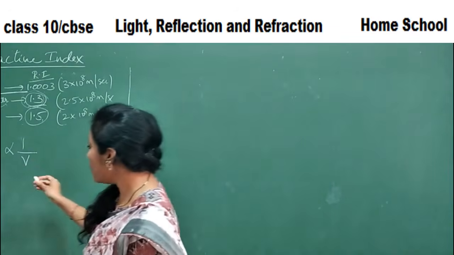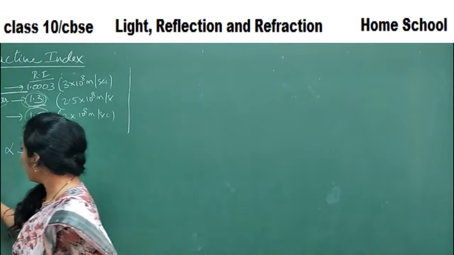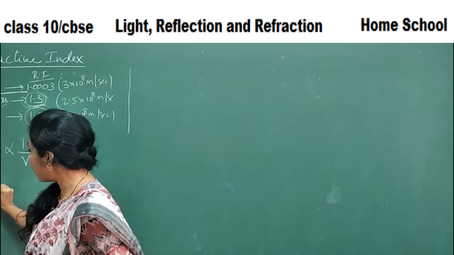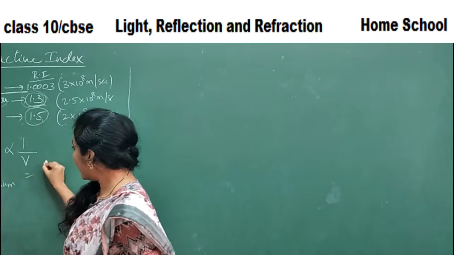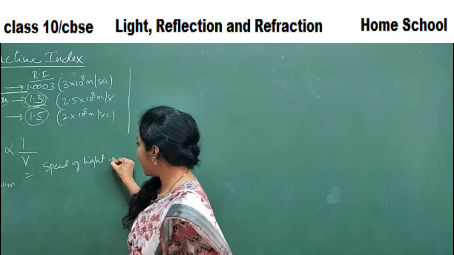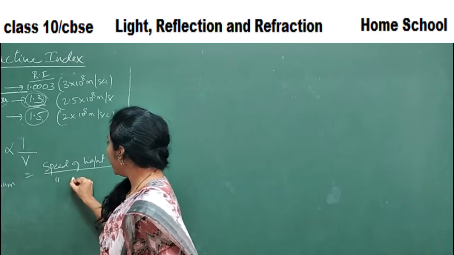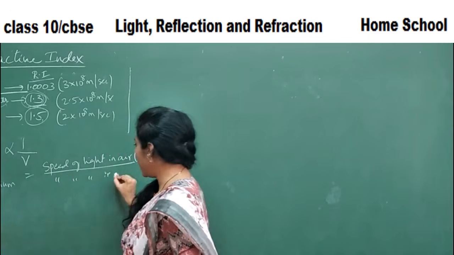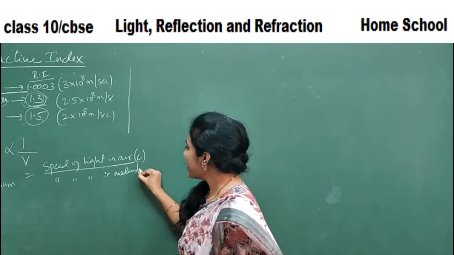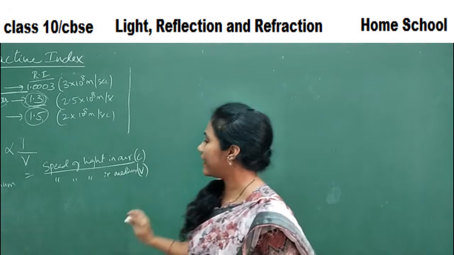Now let me list out that formula here, because we are going to study 2 more formulas. Let us compare all the formulas we have just studied. If you want to calculate the refractive index of any medium, how do you calculate? It is the speed of light in air, which we normally indicate with the letter C, divided by the speed of light in that particular medium. For water, it is the speed of light in water. The speed of light in any medium is indicated with V. So this is one formula we studied.